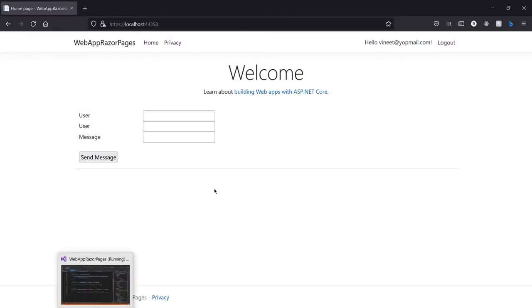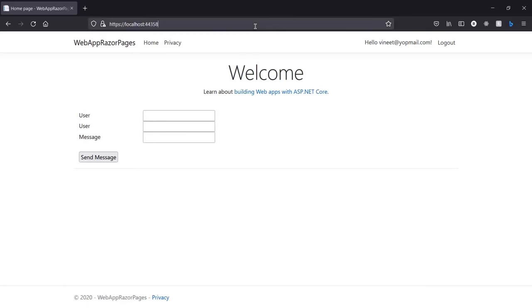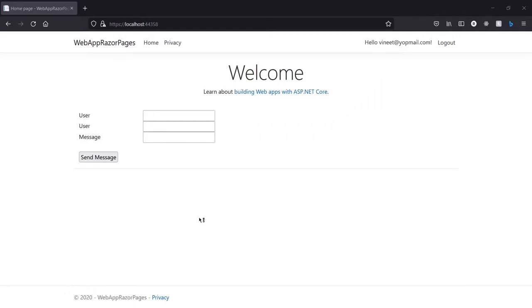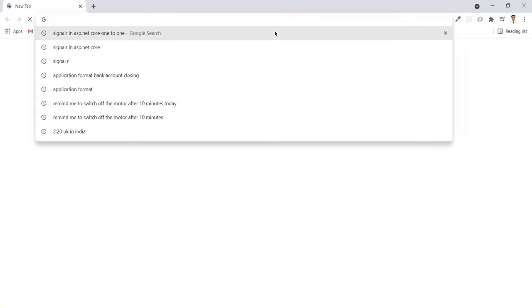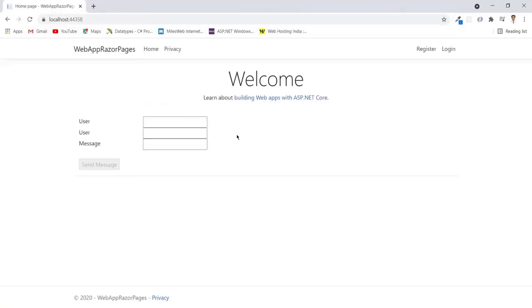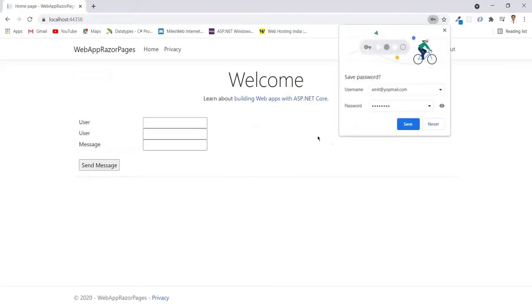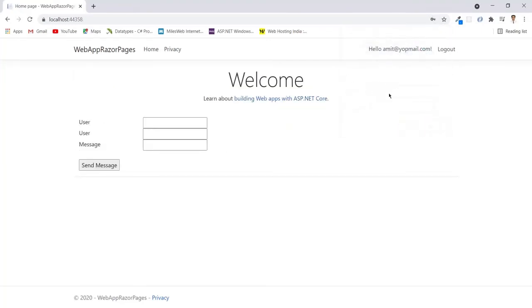So let me also open the same in another browser. Now I am opening the Chrome, and you can see that here again I have opened the same, and again here I need to log in, and this time I will use this, and I need to enter the password here, and you can see that I have logged in.